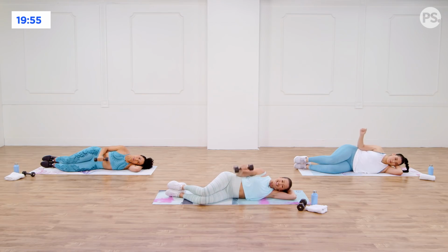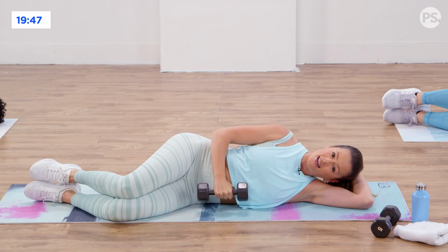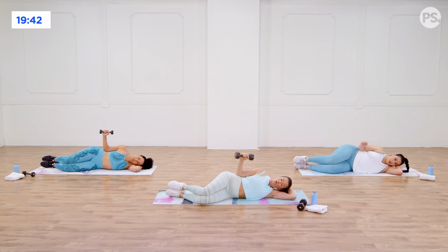Good. Always exhaling during the exertion. So it'd be an exhale, bringing that palm up. So you're saying hi to your friend, and then you're saying hi to your belly button, right? Nice job. And remember, this shoulder girdle is so important to strengthen because,